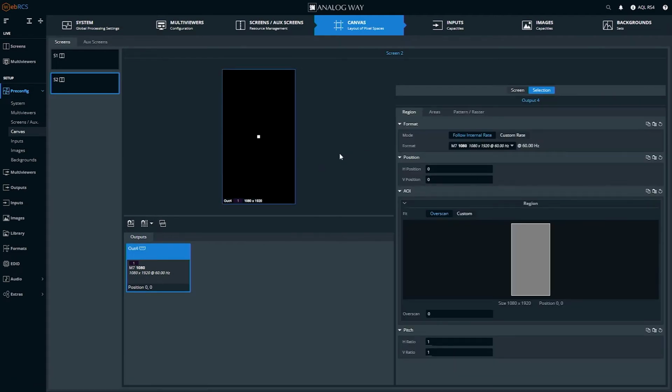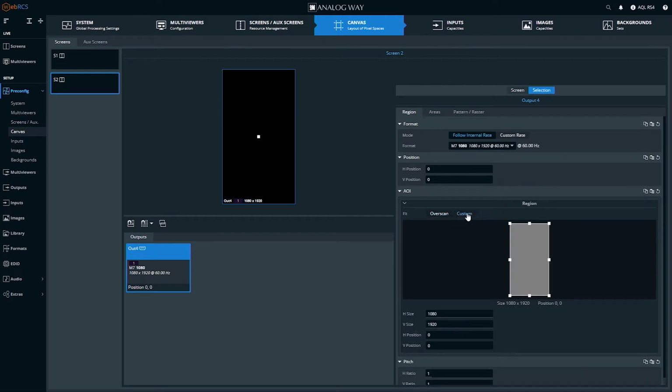I can still go in if I wanted to trim this. Let's say the carpenters made the surround a little bit big and it's cutting off pixels and you don't want to lose them. If you click here and then you come down to region and go custom, this is where you set area of interest. And again, remember we said area of interest is per output. So you can drag your area of interest around,